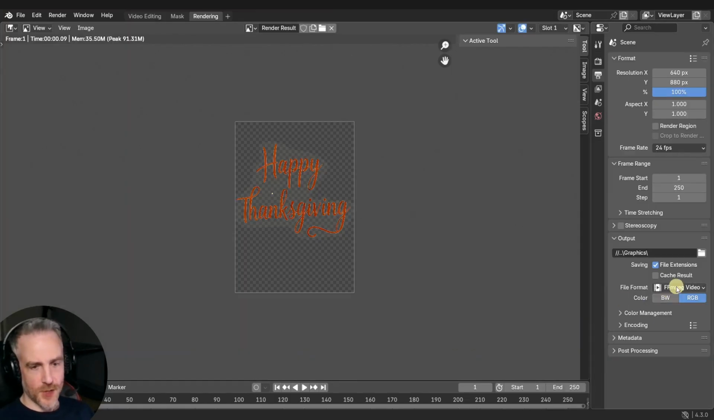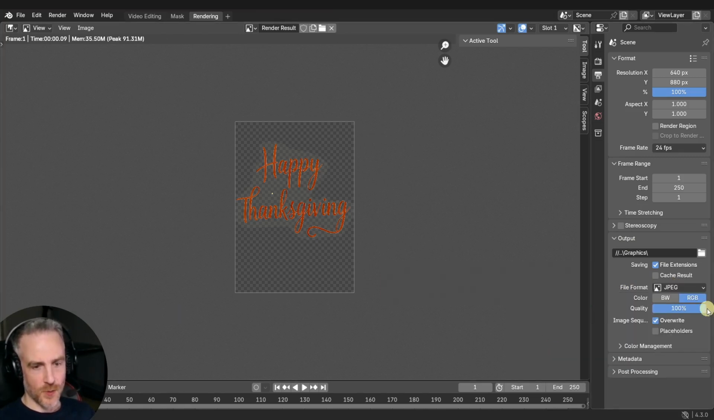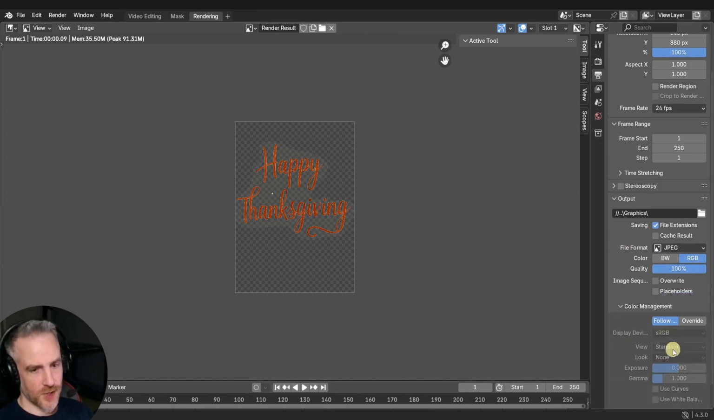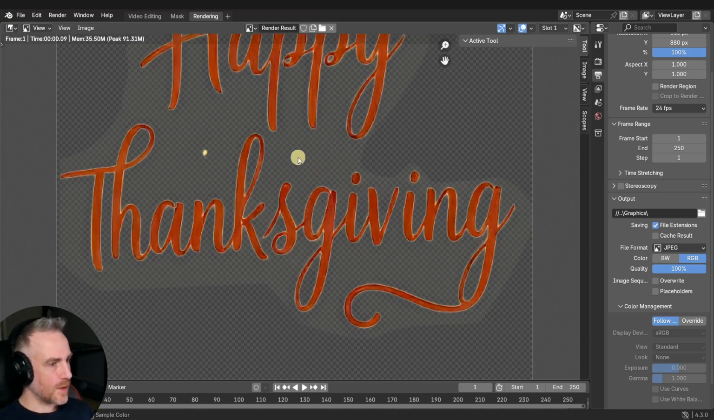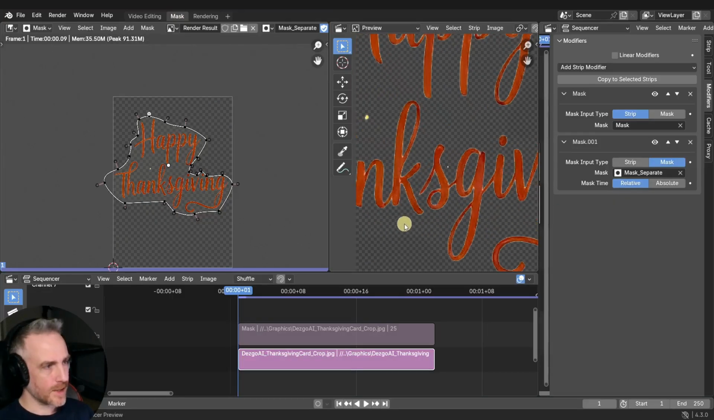And then let's change the file format to JPEG, and then change this to 100%, uncheck overwrite, and then we can save it. I'm also going to make sure that the color management is sRGB standard, which it should be because we chose video editing as a new blend file. But I am noticing that we've got this haze kind of going across here, and that could be because the mask,